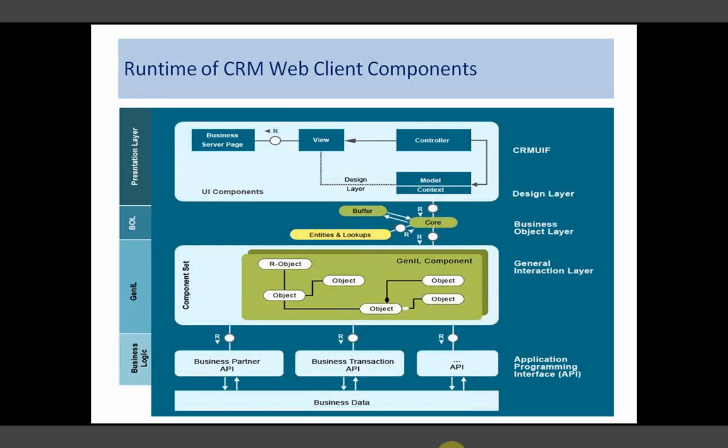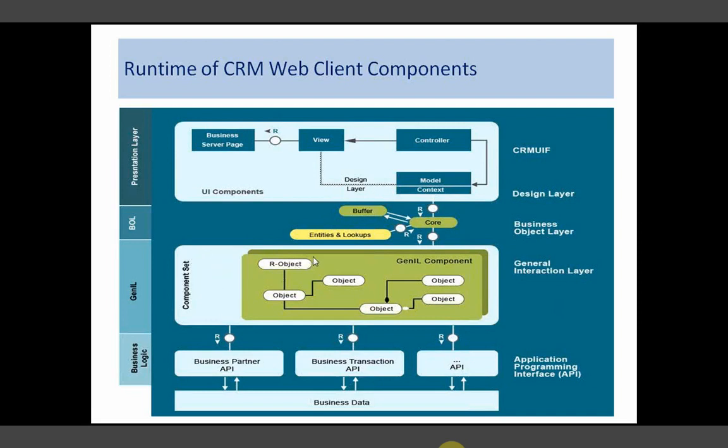The model will call the core. The core checks whether the requested data is available. If not, it asks the Genil layer, please, I need such and such data, please process it and get the data. Then the Genil interfaces will interact with the component set.